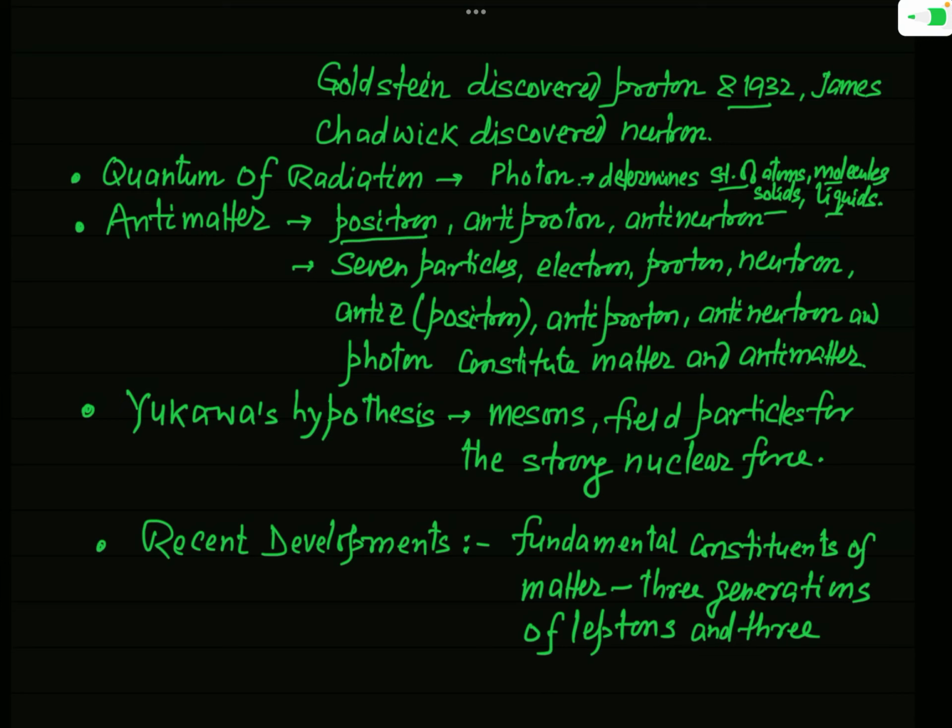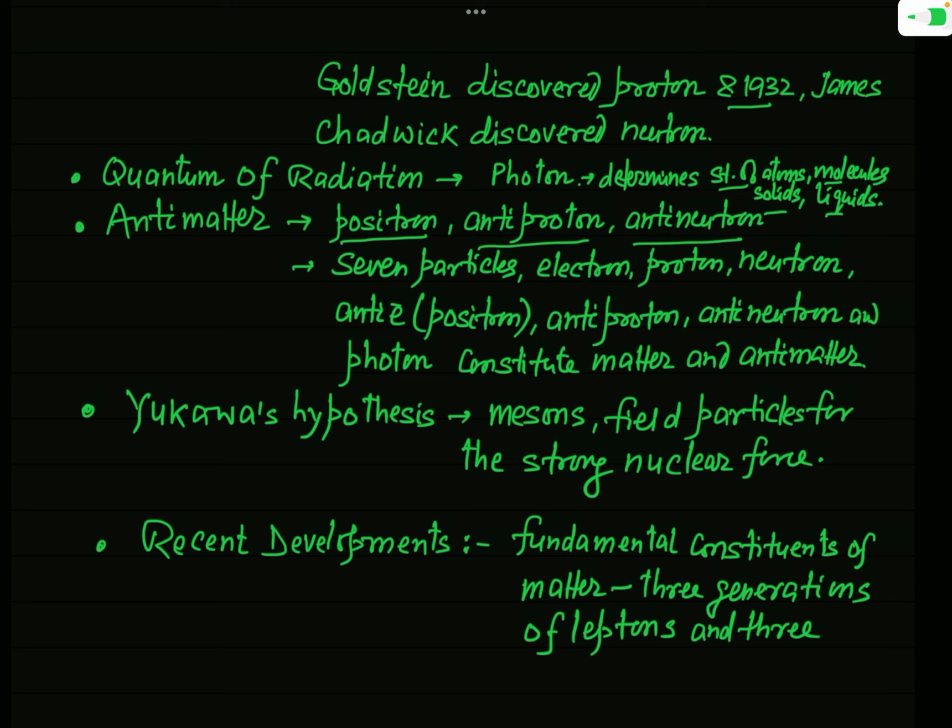Dirac has actually taken just a hypothesis for this particle. So actually there is an existence of antimatter, and so in this condition you can say that as a whole, when we consider that there are particles which actually make the matter and antimatter, then there will be 7 particles. In fact, positron, antiproton, antineutron, these are actually the antimatters.